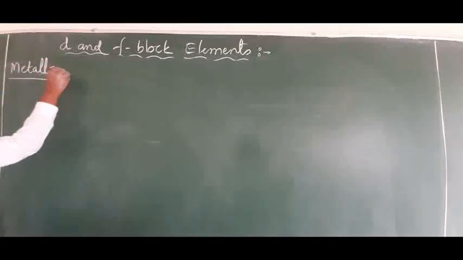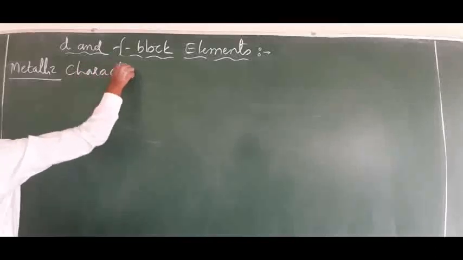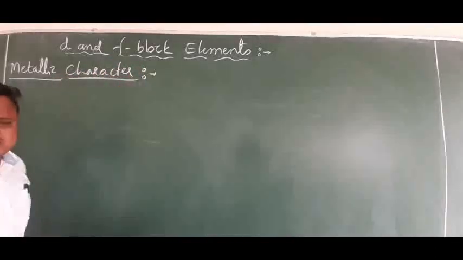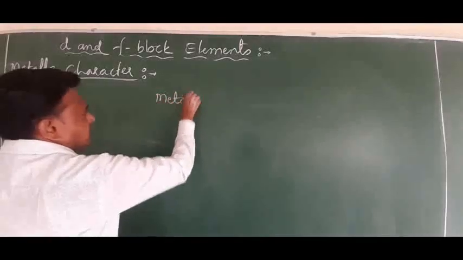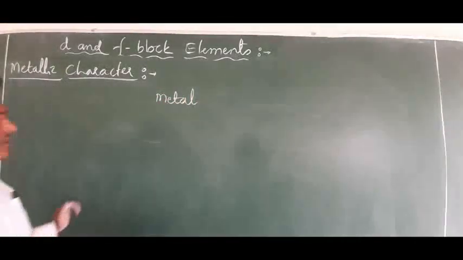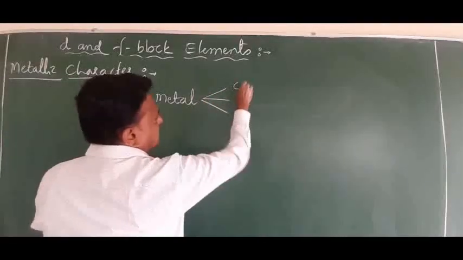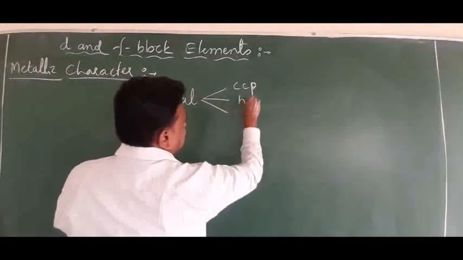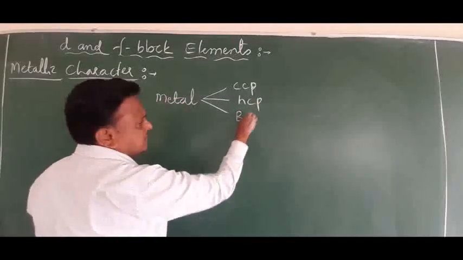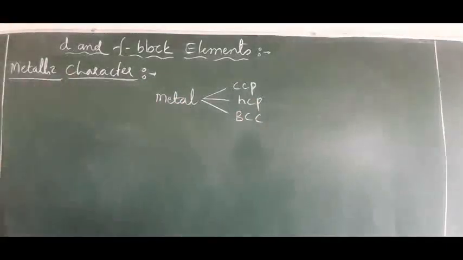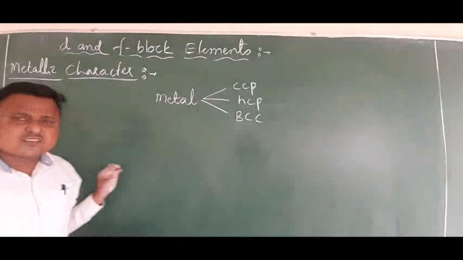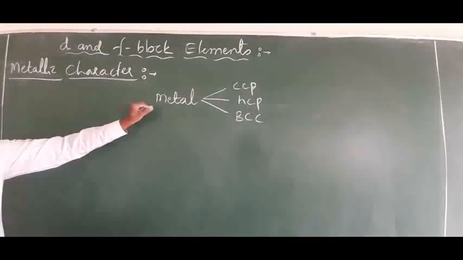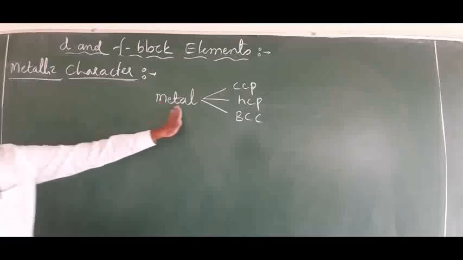Metallic character. Yes, a very interesting character of this physical nature of d block elements, friends. All d block elements are basically metals, with metallic character, because the crystal structures available are either CCP, or HCP, or BCC: cubic close packing, hexagonal close packing, and body centered cubic. Due to these structures, the transition metals are all metals,